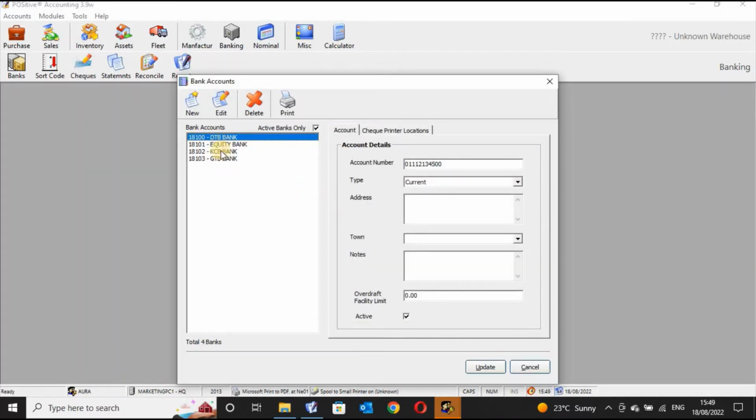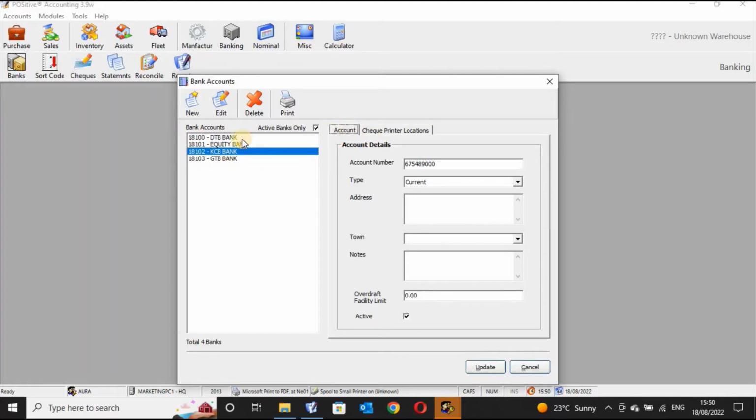So once you've created the bank here, you can see the banks I've created, and they are not actually active. So if I remove the tick, okay, there are some banks that I'm not seeing. It's because I don't have the rights of those banks. But you can check on another video up there on how you can give yourself rights so that you are able to see those banks there. So once you've created these banks here and you've given yourself the rights,